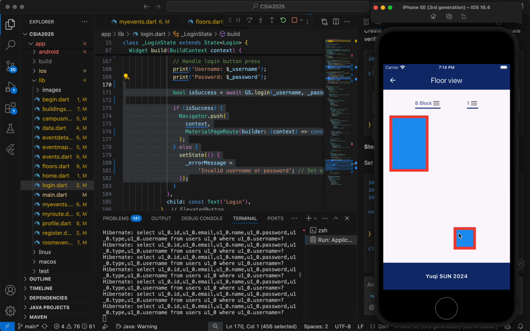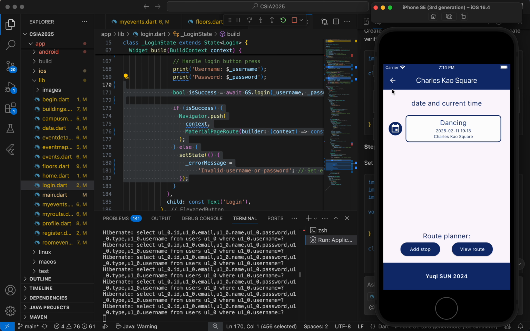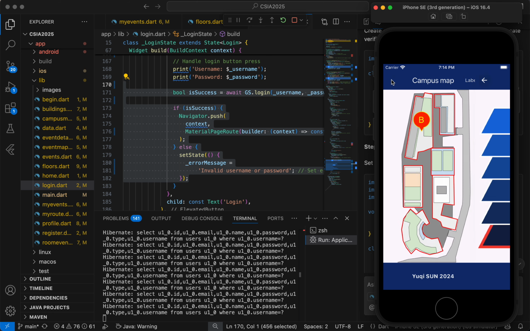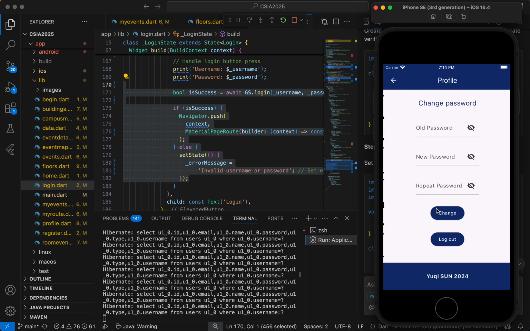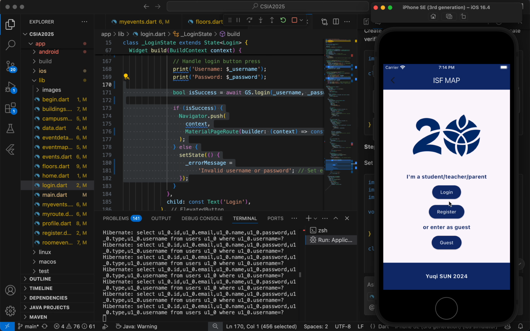Wait, why is both selected? This is wrong. What the hell? What the hell is this bug? Okay, anyways, I'm gonna fix that, and then I'm gonna add the room navigation as well, which is